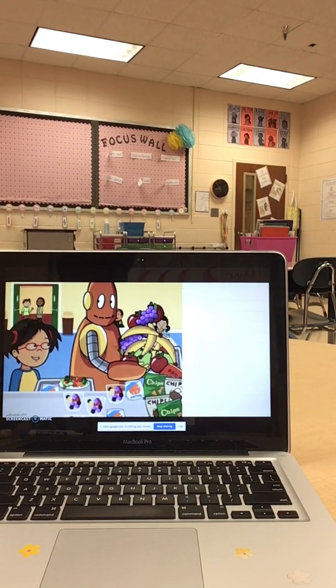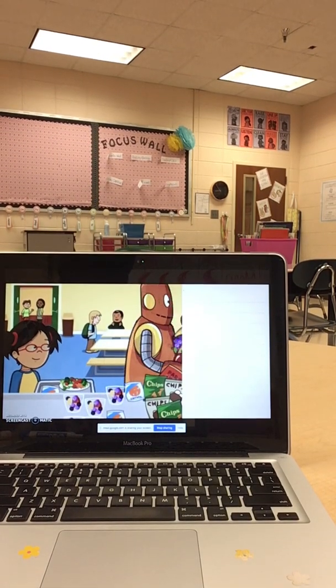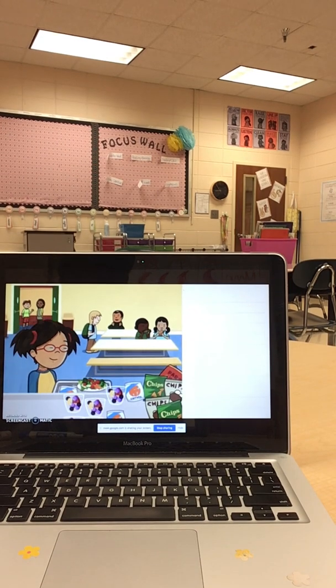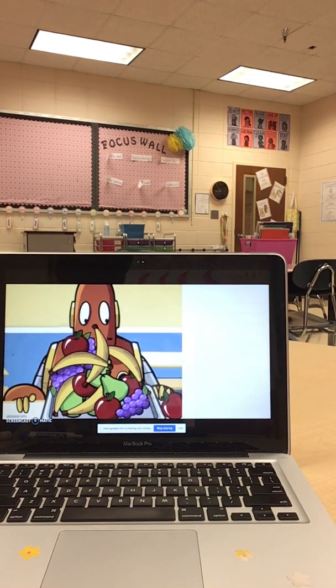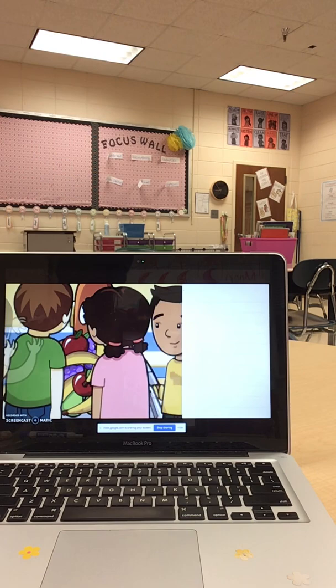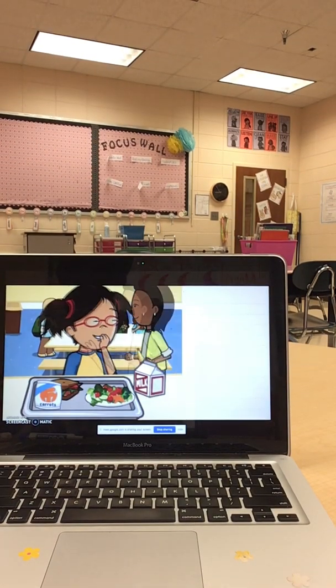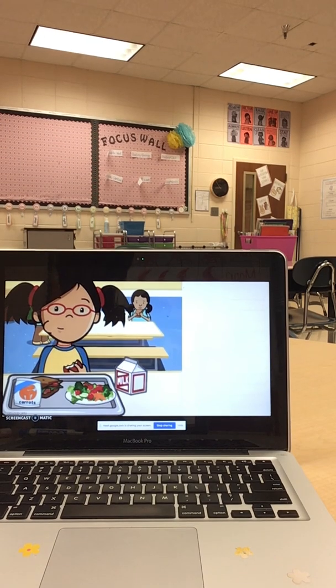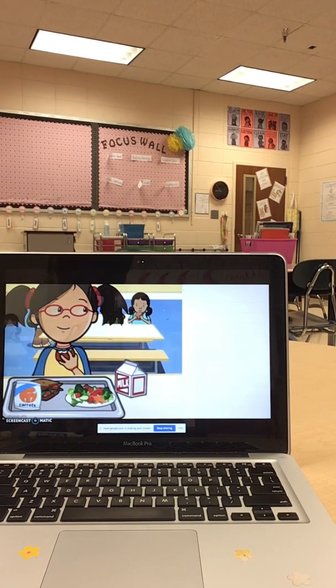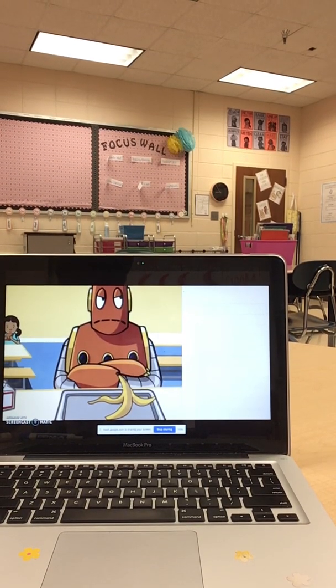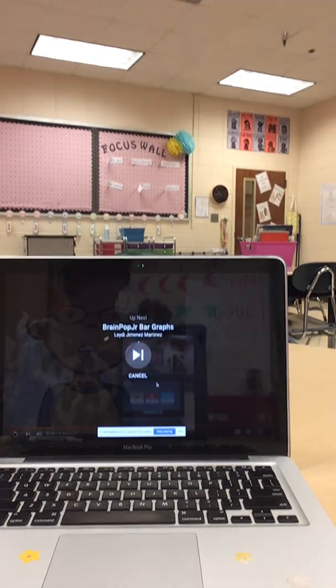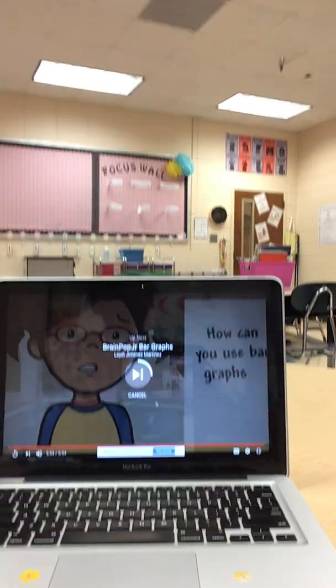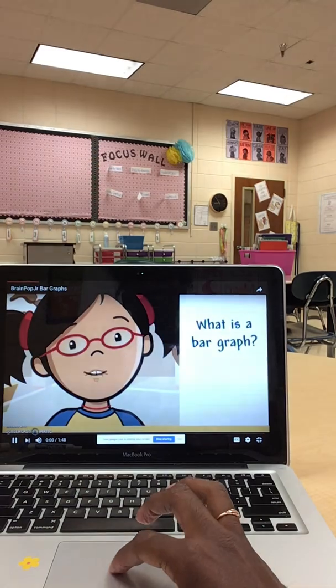Whoa, Moby, that's a lot of fruit. Are you going to share? Thanks, Moby. All right. A bar graph is a way to organize